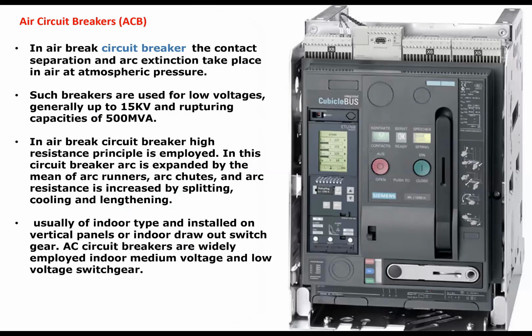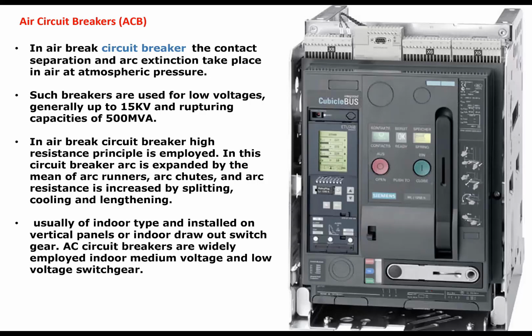Understand? And we also discussed the philosophies in quenching the arc. To put off that arc, we have two techniques: the high resistance method and the low resistance method. In the high resistance method, we increase the resistance of the arc. If we increase the resistance of the arc, the fault current flowing through the arc reduces. If it reduces substantially to a low value, then the arc will be automatically put off. Understand?